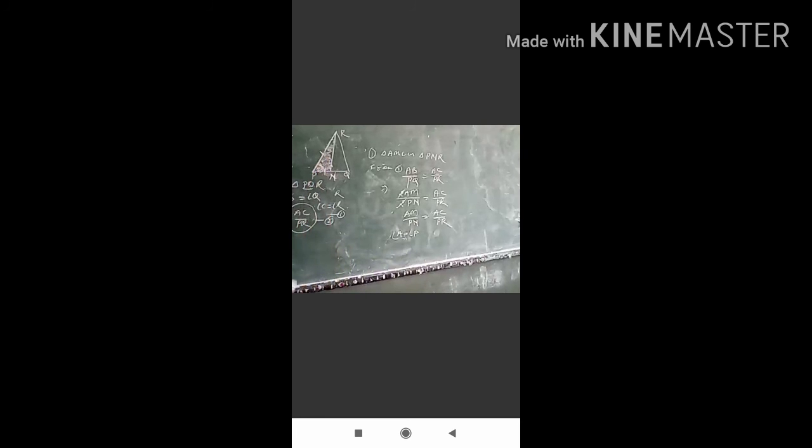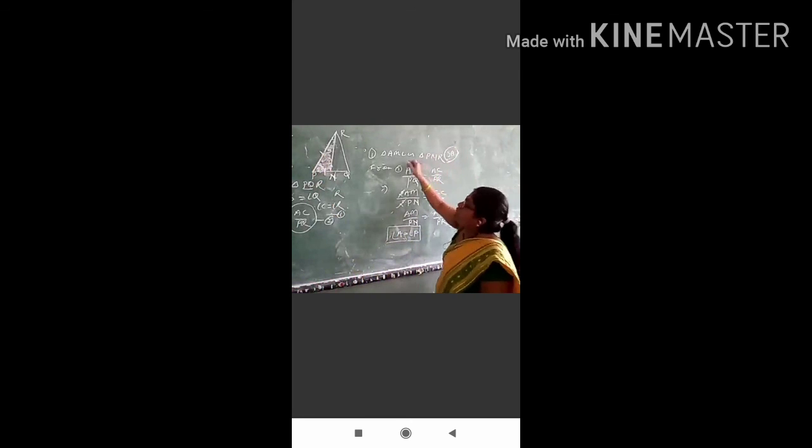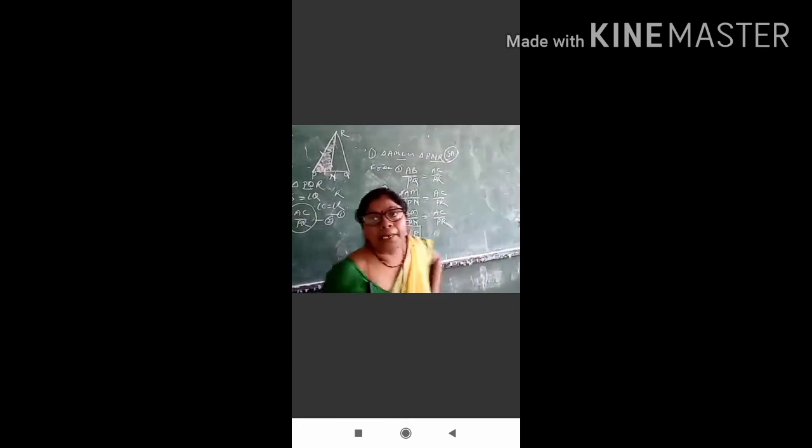Understood? Actually, in this triangle, AC upon PR we needed and AB upon PQ we needed. Okay, AB upon PQ. So replacement of AB upon PQ we write twice of AM and twice of PN. So AC upon PR as it is, AM upon PN is equal to AC upon PR, and angle A is equal to angle P is given. So by the SAS similarity criteria, both triangles are similar, that we needed to prove. Okay, by the SAS similarity criteria actually we are using there. What is it? The corresponding parts of similar triangles.